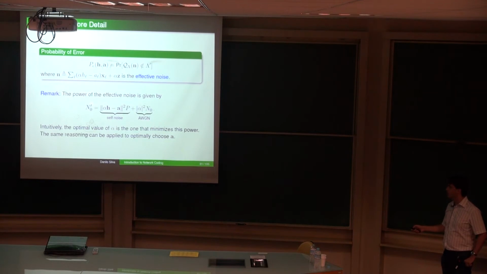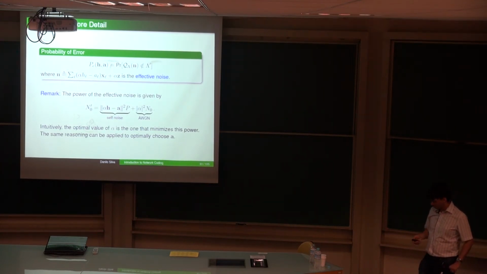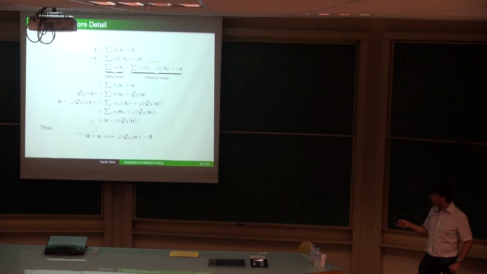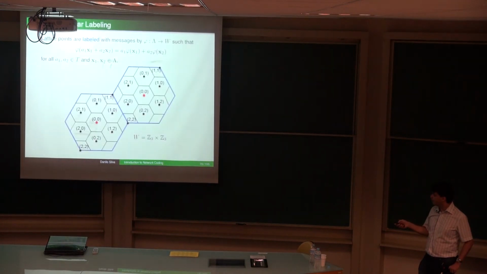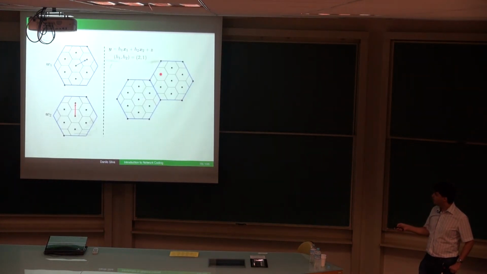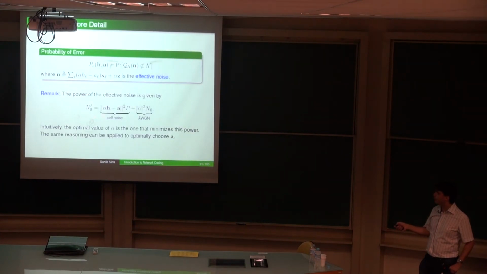So if you make alpha too large, in order to make a better approximation here with integers, you end up making the Gaussian noise also large. So you have to choose carefully to minimize this power of the effective noise. That's how alpha is optimized to find this expression here,